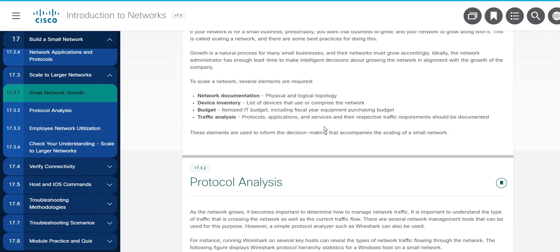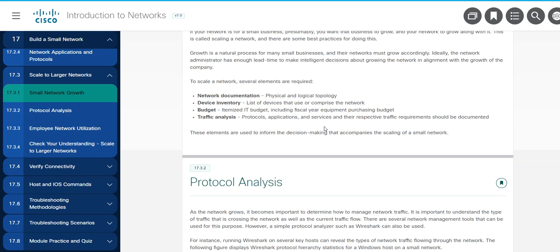So when you have a smaller network and you are thinking about all those considerations that I've already mentioned, another thing you must think about is how you're going to grow your network, because obviously you're hoping your network grows. I mean, nobody builds a business or works anywhere where you hope it stays exactly the same. So when your network is growing, or we're referring to the scalability of a network,